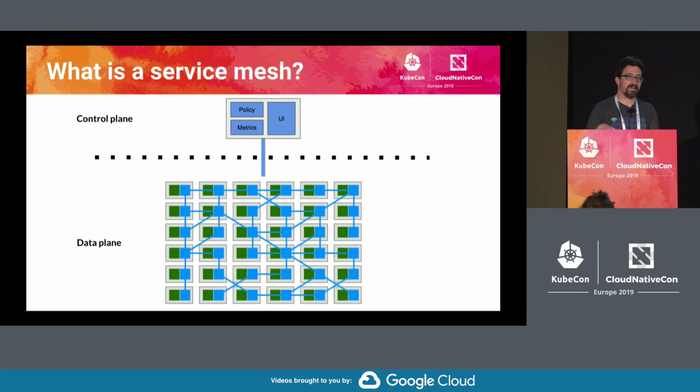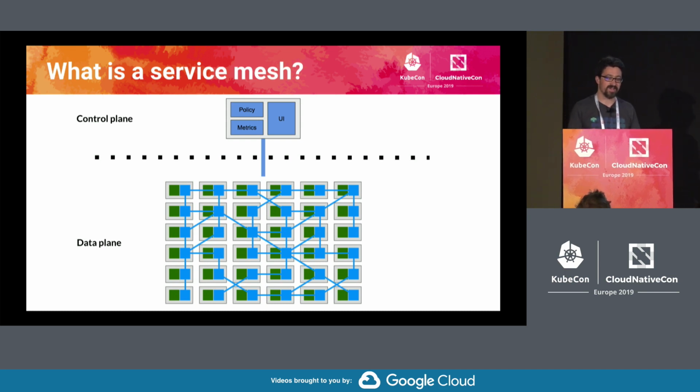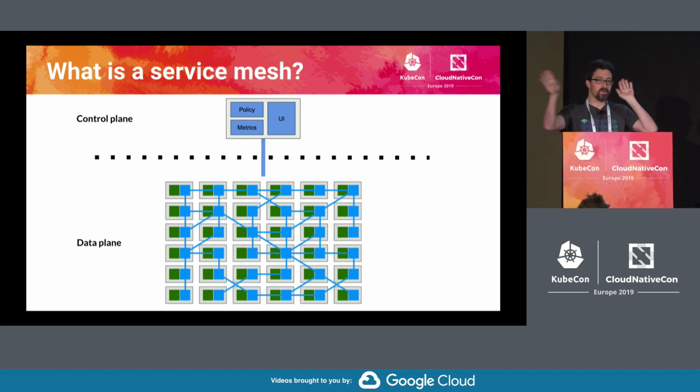So just a little bit of background. Linkerd is a service mesh. A service mesh really does three things for you. It gives you observability, security, and reliability across all of your applications, and you shouldn't have to change any of your application code. It's usually composed of two major components: a control plane, which is the administrative side of it,